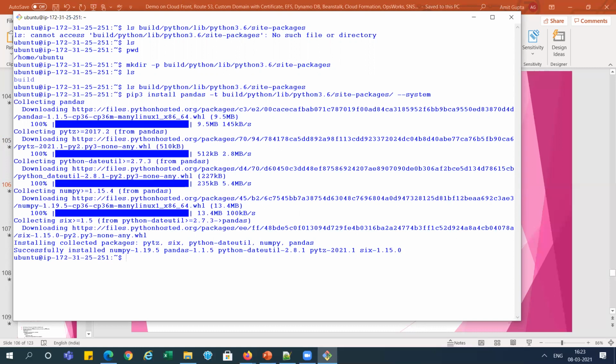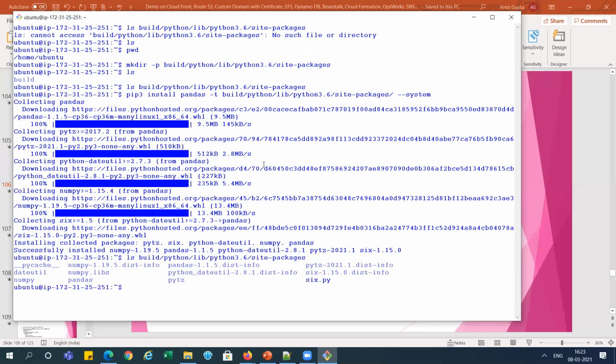You can see it is installed. Now let me check the site-packages again. You can see pandas, numpy and all those packages are installed. So we have done this.